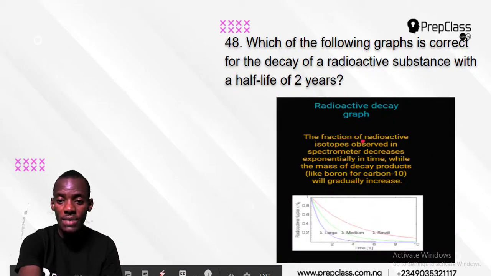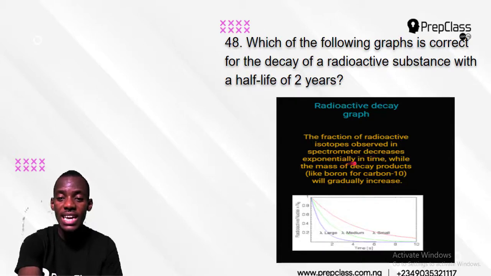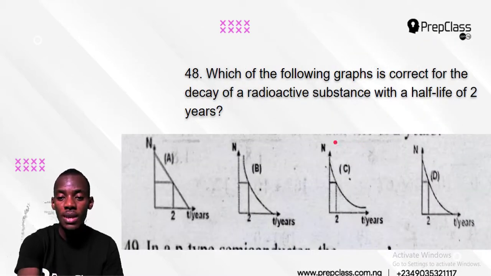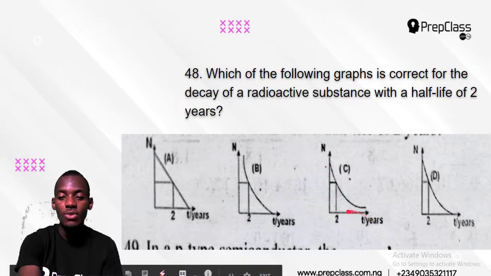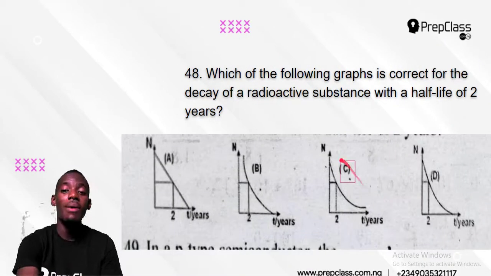The fraction of radioactive isotope observed in this spectrometer decreases exponentially in time, while the mass of the decay product, boron from carbon-10, will gradually increase. So this is explaining how the graph should be drawn, and this is the way it is. So as the mass is increasing, okay, this one is sloping down, is decreasing. So that means the radioactive fraction is decreasing with time, while the mass is increasing. This is the mass here, and my time is my t here. So this is going to help to explain that, and that is how we got C as our best answer